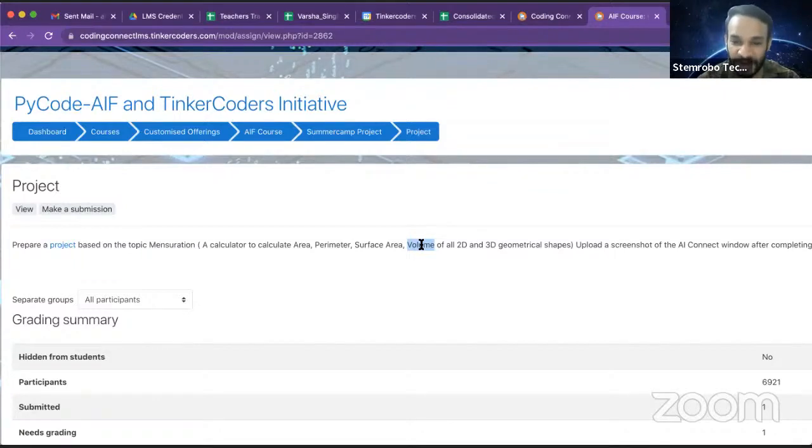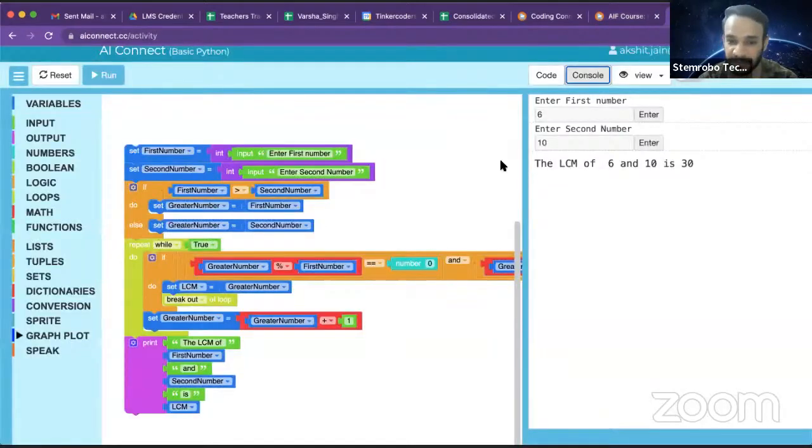And yes, I told you that for the contribution of the school reaching the top levels, getting high rankings, the contribution of every single student is counted. So every single one of you has to give your best and prepare a program where all these things can be done, right? And again, you have to use our platform, AI Connect.